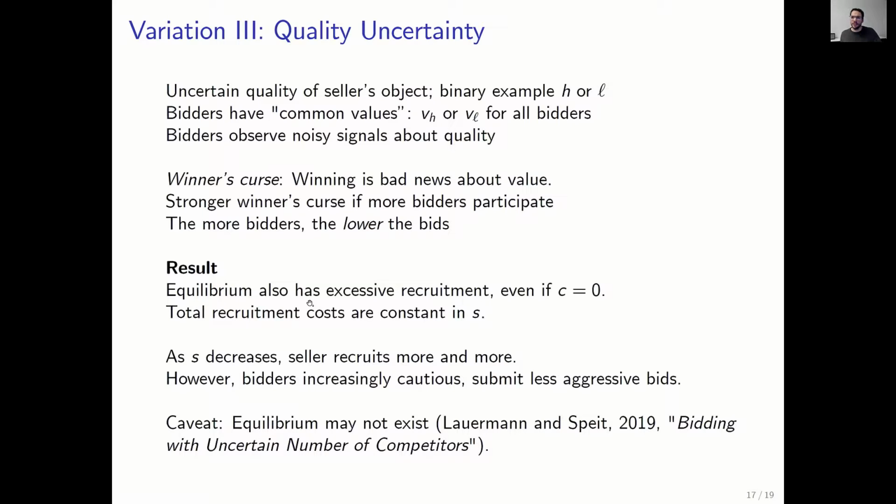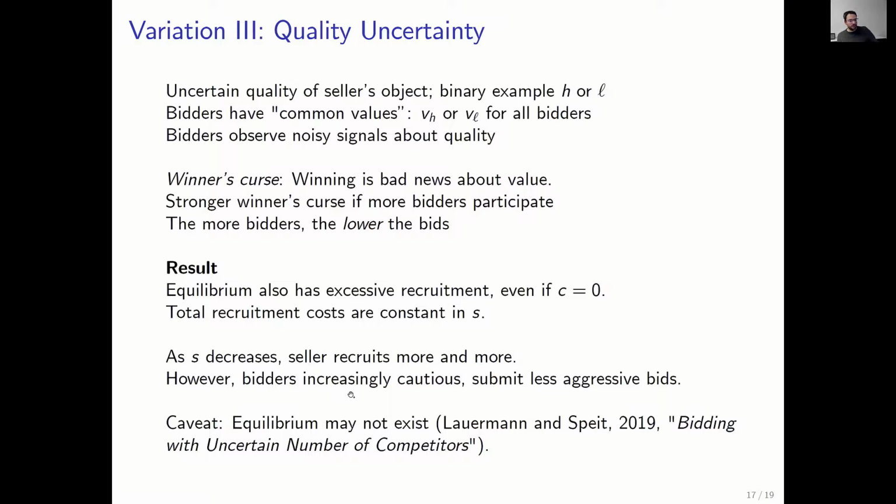These are auctions in which I'm uncertain about how many other bidders are present. And it turns out that many of the standard insights that we have into common value auctions only hold if I know exactly how many other bidders there are. If there's uncertainty about the number of other bidders, many of the standard predictions for common value auctions do not hold anymore. So if bidders are competing against an uncertain number of competitors, some new interesting effects occur, and that's a different thing. That's a caveat, so we have to be a little bit careful.